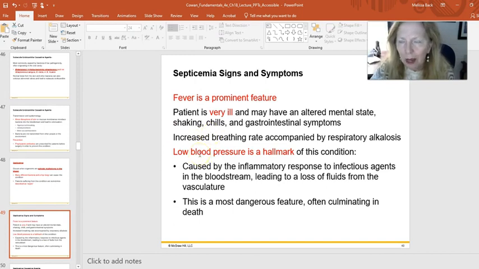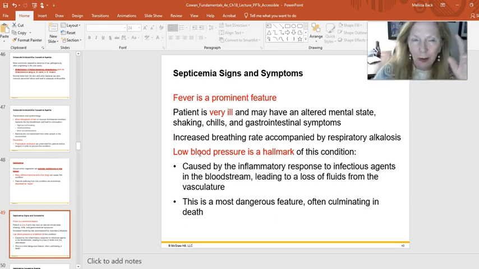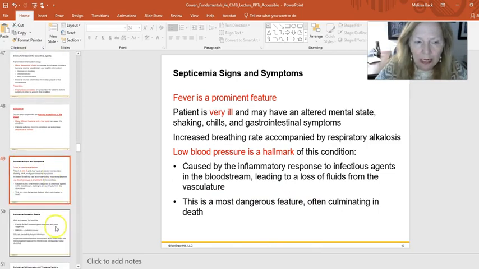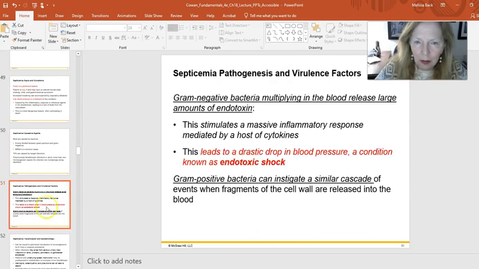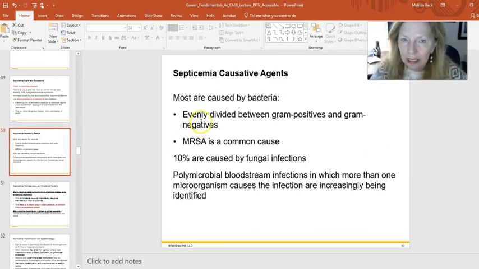Blood pressure bottoms out. That is the trademark sign of this. Blood pressure is dropping. It is lowering, and you're watching it do it. It's doing it pretty quickly. It's becoming what they call soft blood pressure. So as that is happening, we know the heart is having to work harder, and this can lead to cardiac arrest. So it is caused from this inflammatory response, and it is the most dangerous feature, and it culminates in death. When we look at some of the numbers in death, I think we have some of these numbers later, it's high, and you're going to see that.